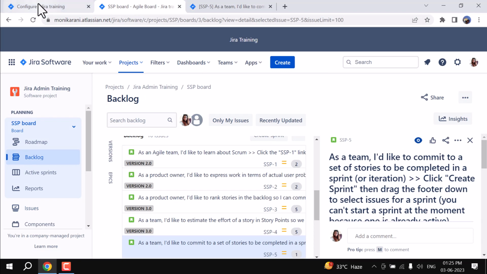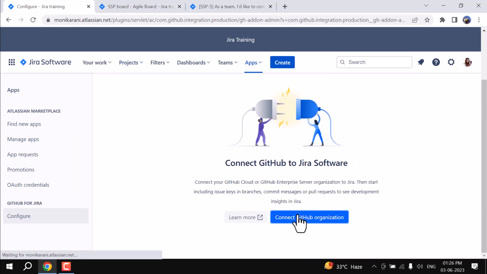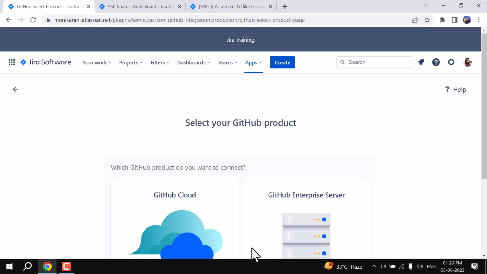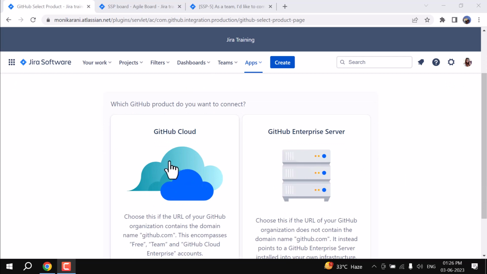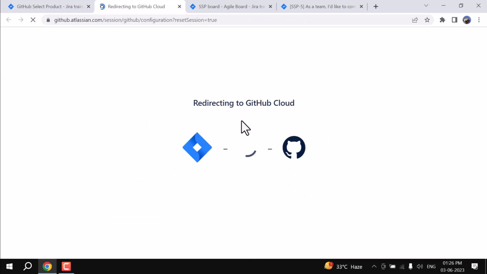Now we'll come back to our settings here. We will connect GitHub to Jira software. So we'll click on connect GitHub organization, and it's giving us two options. The first one is GitHub cloud and the second is GitHub enterprise server. So you can choose what you want to use. I am using GitHub cloud as of now, so I'll click on continue